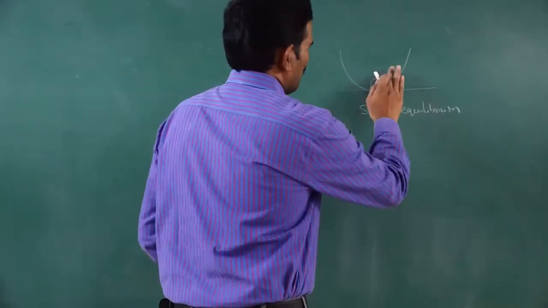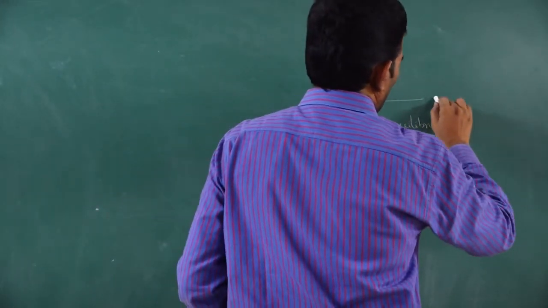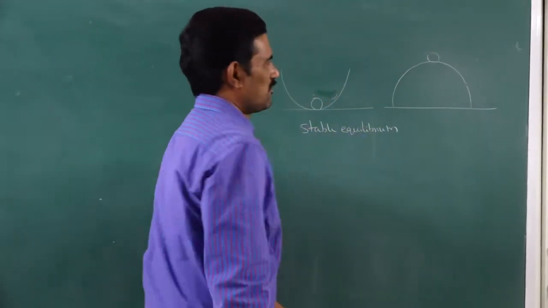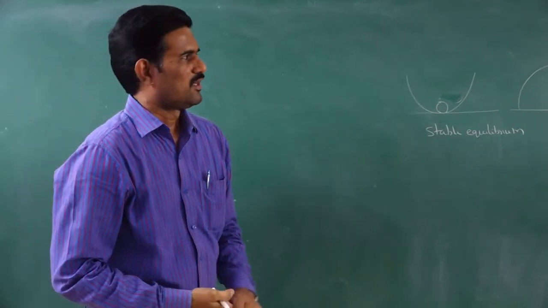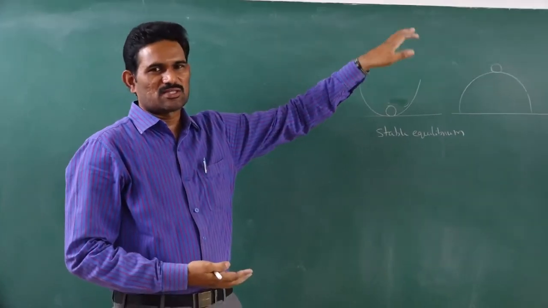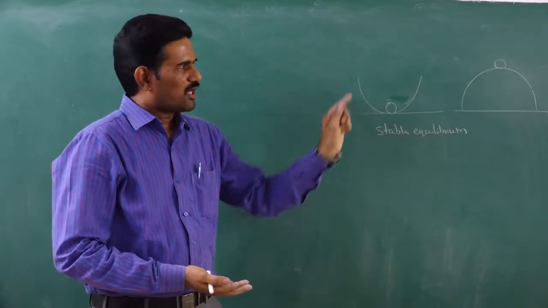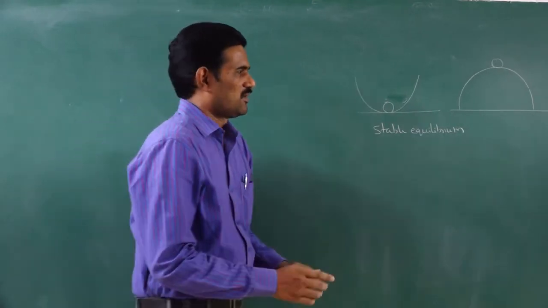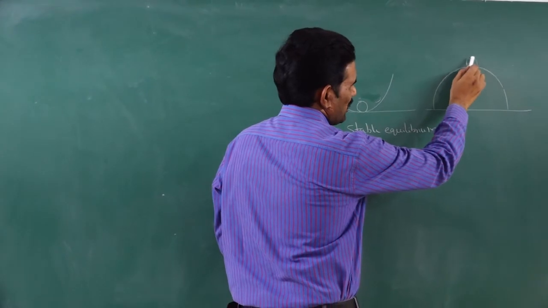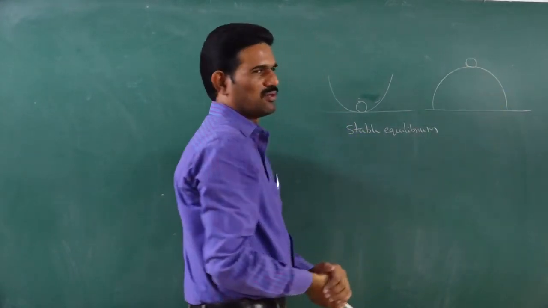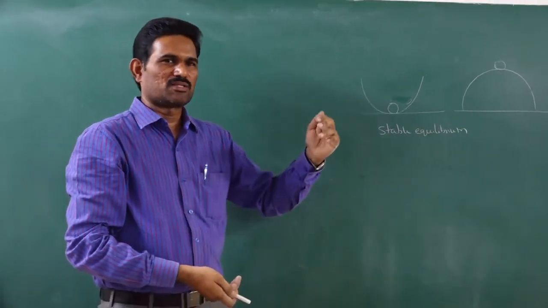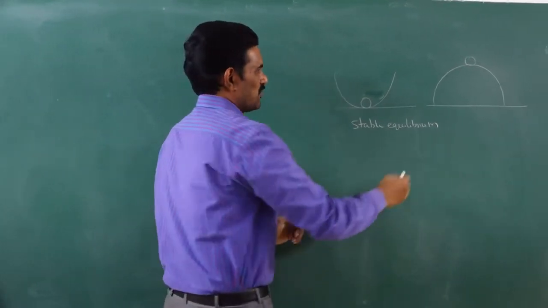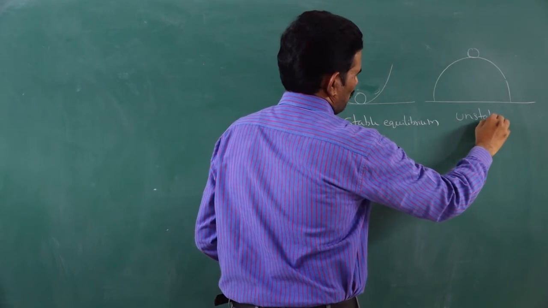Whereas in unstable equilibrium, consider the same example, but I invert the bowl and place a ball on top of that bowl. Again the system is in equilibrium, because initially the ball is at rest. Now if you displace the ball slightly from the equilibrium position, does it come back? By using this arrangement you can easily say that with any slight disturbance the ball will fall away, that means the mass will move away from that position. Such a position is what we call unstable equilibrium.